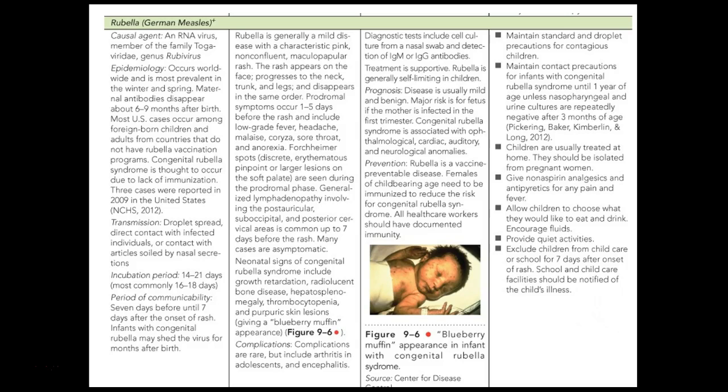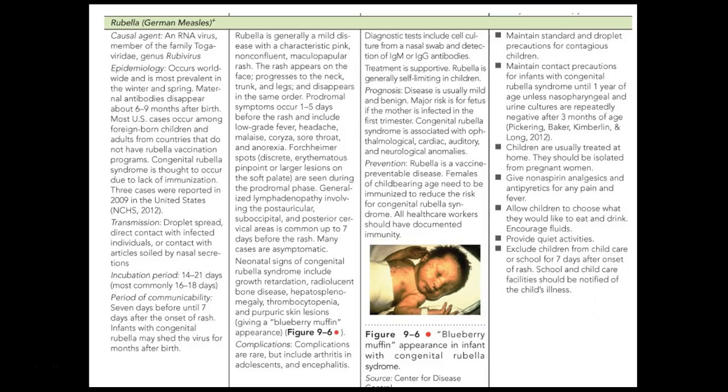There is a characteristic pink, non-confluent maculopapular rash that appears on the face, and it progresses to the neck and the trunk and the legs. So it will start at the head and move towards the feet, and it actually will disappear in that same order. There are different stages for this, and the prodromal symptoms